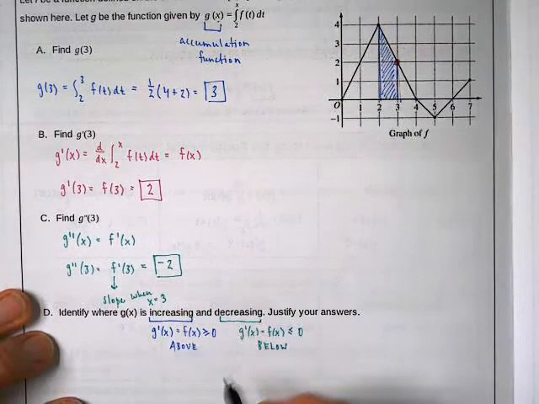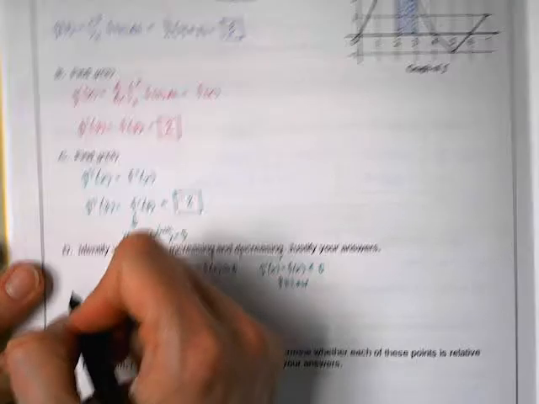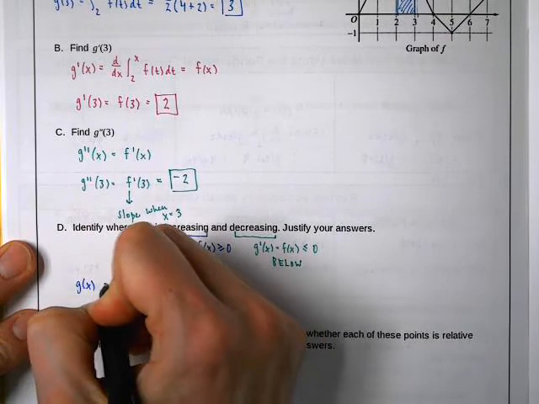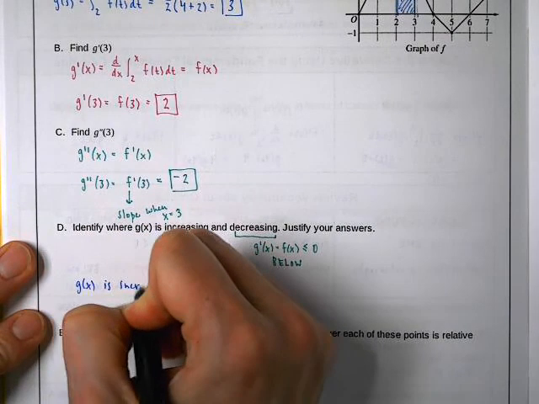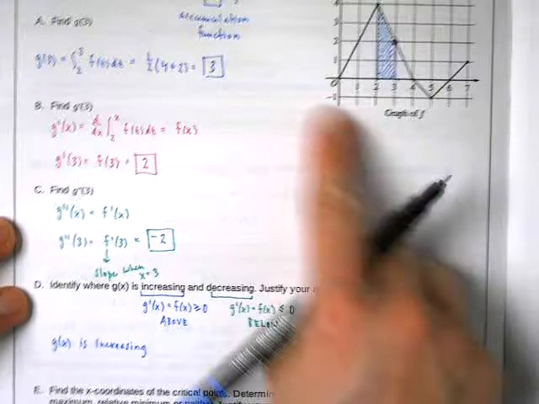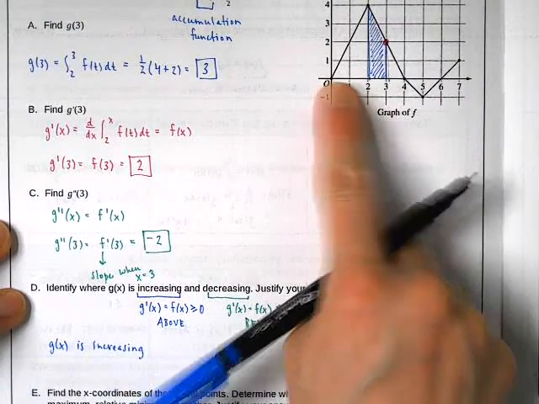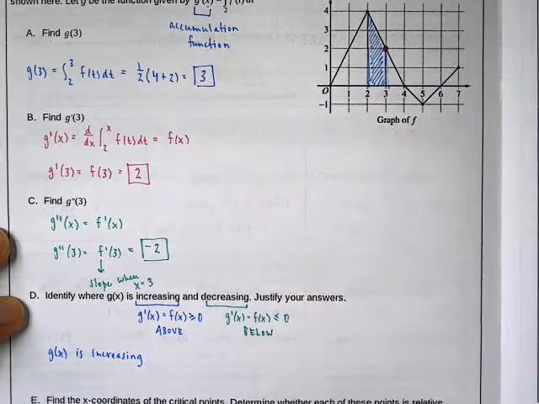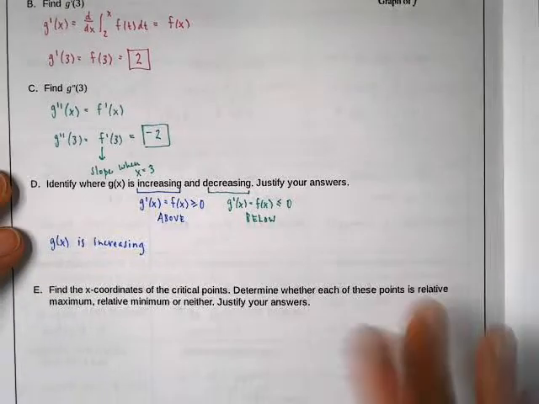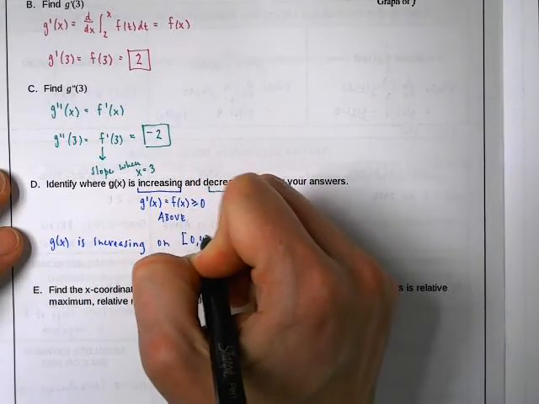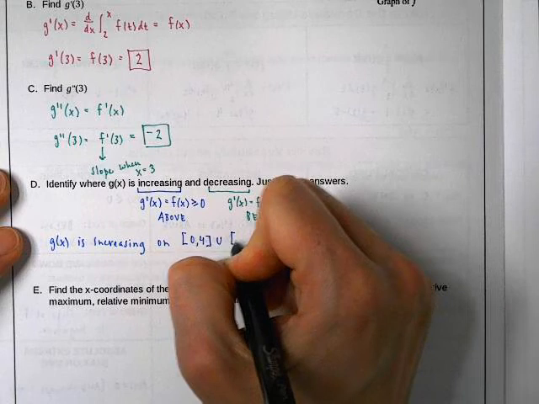So we would say g of x, I'm going to scooch this up, sorry if it's crooked here. G of x is increasing, let's see, where that is increasing, where it's above the x-axis, is going to be from 0 to 4, and then from 6 to 7. That's where I'm above the x-axis. So increasing on the interval from 0 to 4, and 6 to 7,